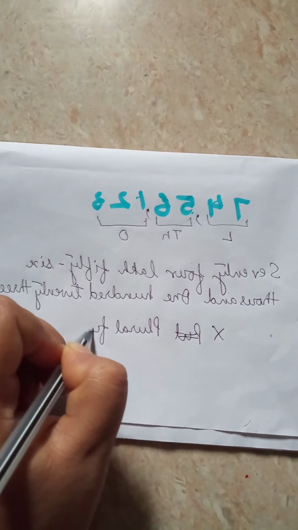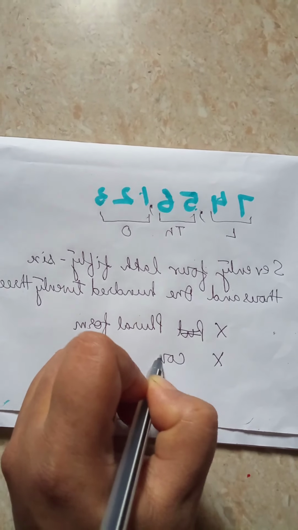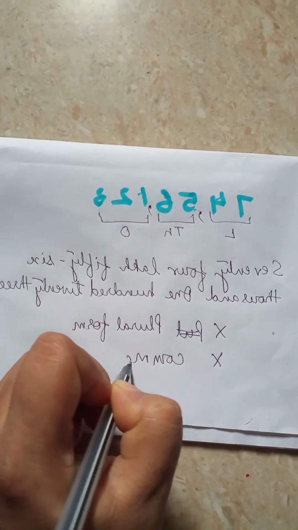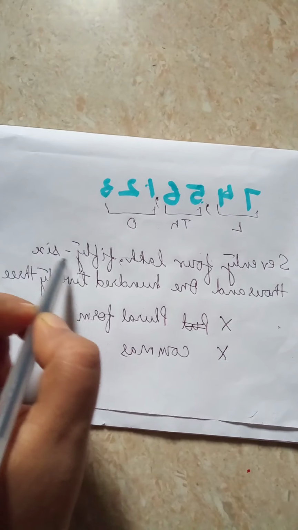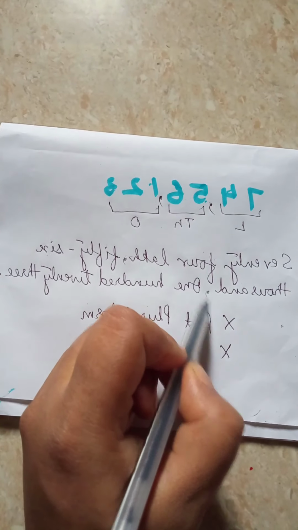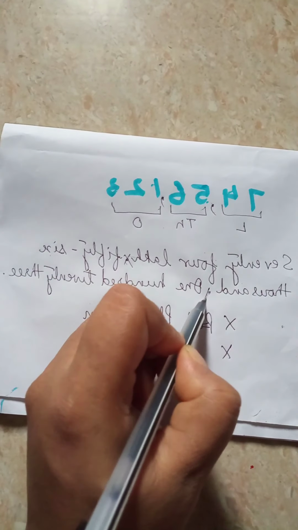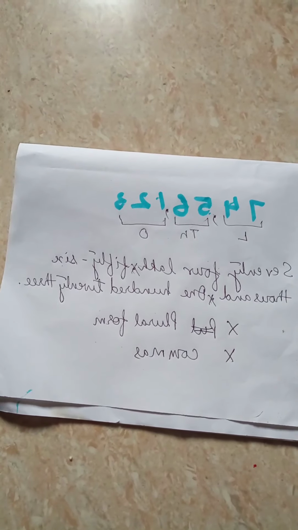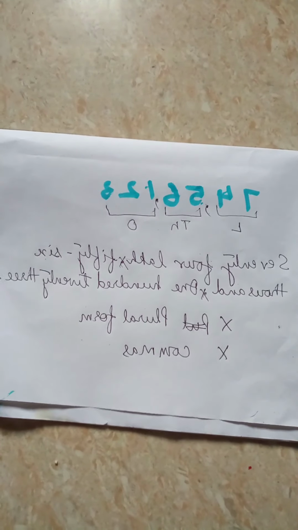You are not supposed to use the plural form, and you are not supposed to put commas between these things, like 74 lakh comma 56,000 comma 123. So these commas should not be placed over here. There should be no commas over here. There should be no plural form, no commas,